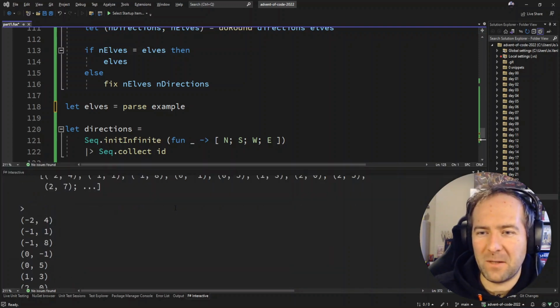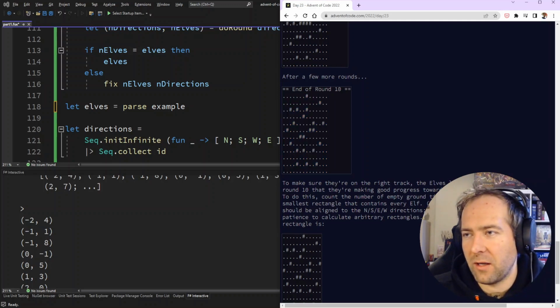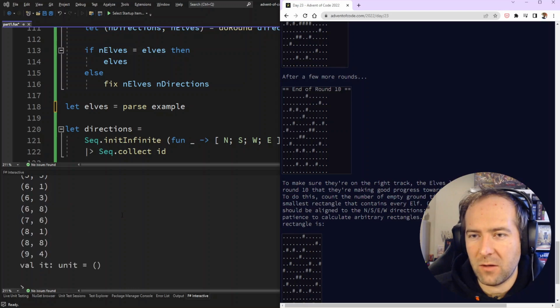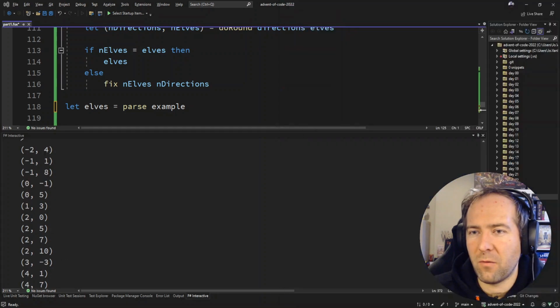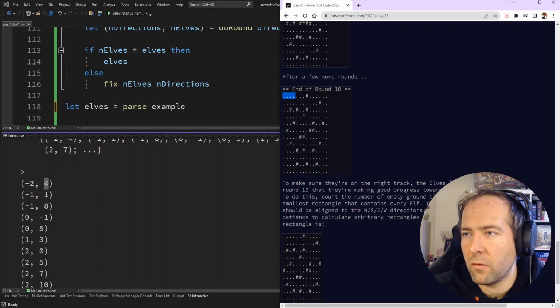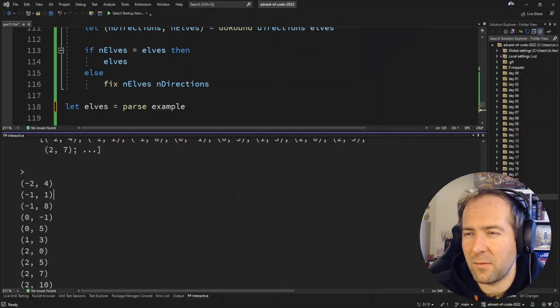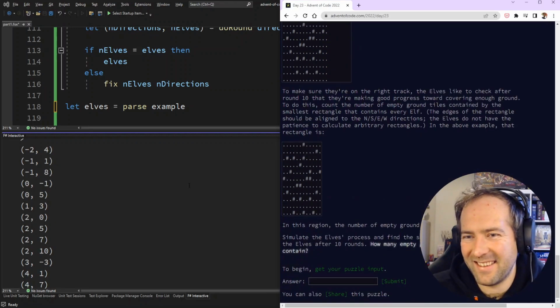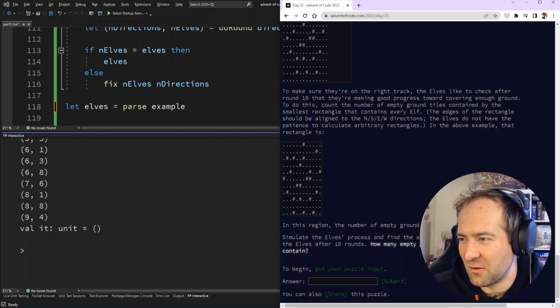Okay, -2. It's getting a bit more complicated. -2, is that our smallest coordinate? That does not sound correct, right? 4. Our top row has a 4. 0, 1, 2, 3, 4. Oh no, sorry, we're not calculating the fixed point. We're calculating 10 rounds. I think this might be part 2 already. Yeah, this might be part 2 already, so let's pretend we didn't do this already, and let's just run 10